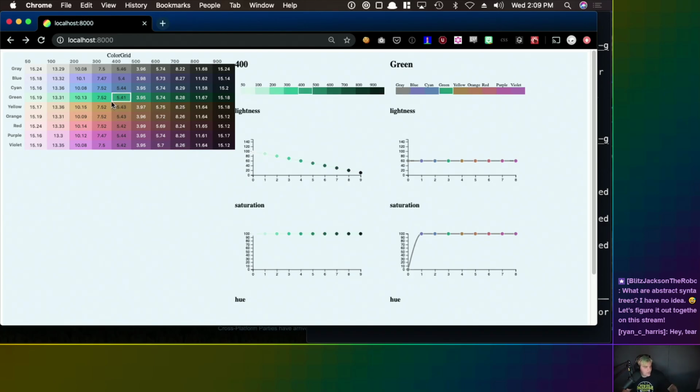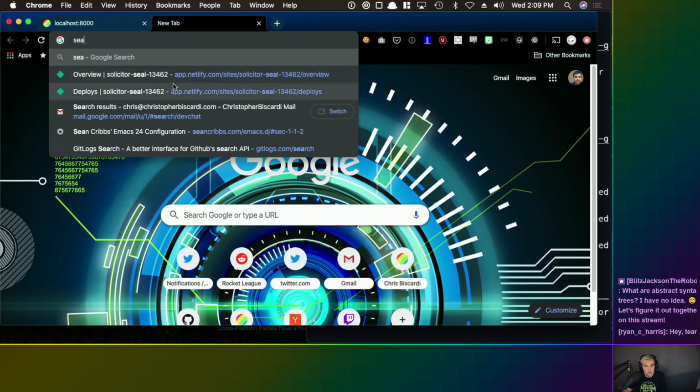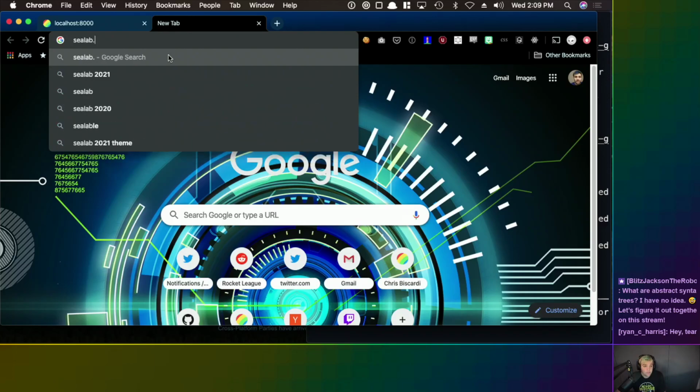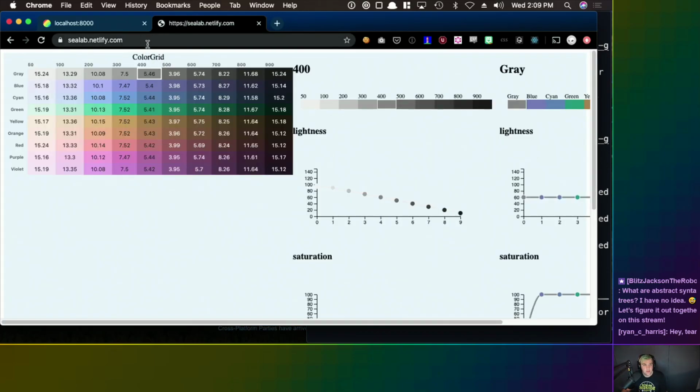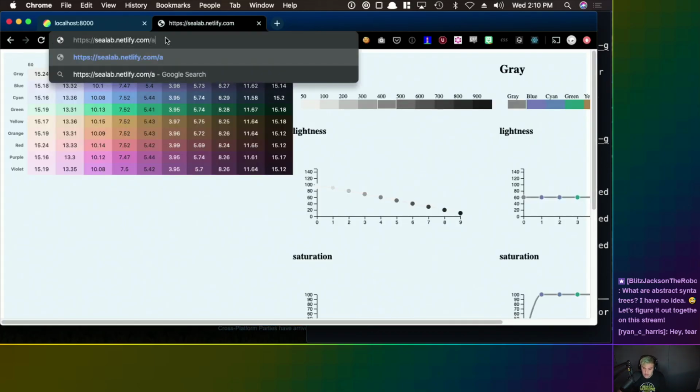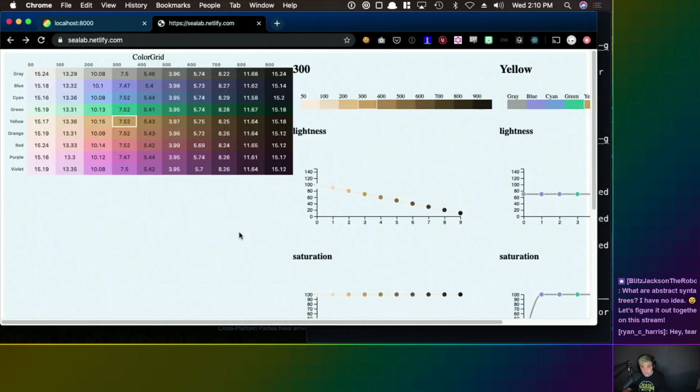We on this stream are figuring out why I decided to not push the code that I wrote last night to GitHub. So in any case, there is a now deployed version of this. And I believe if I pushed, this will have it. This doesn't though. Okay. So in any case,